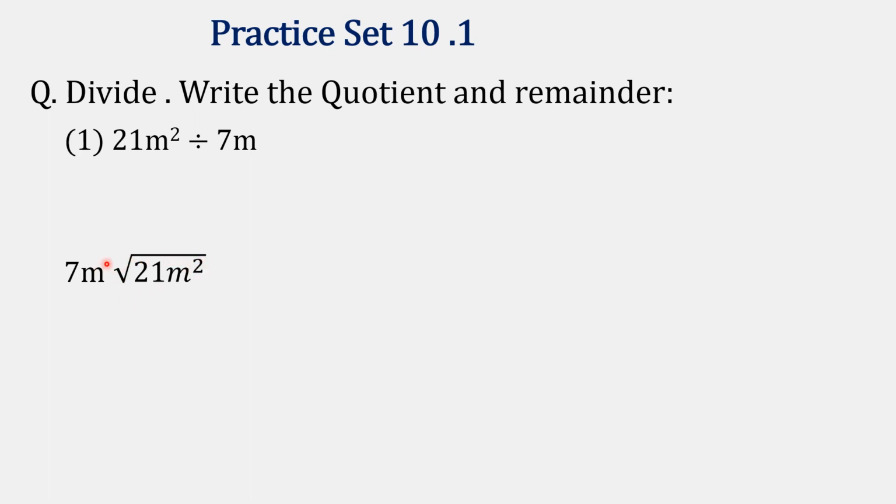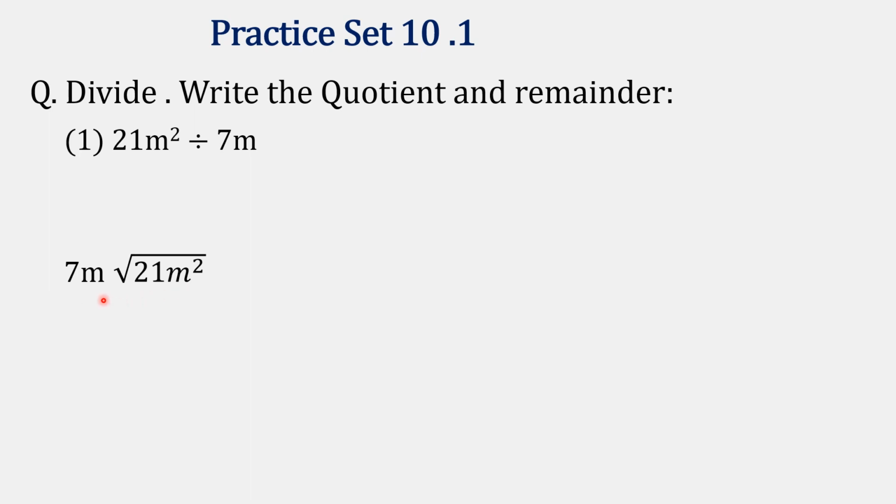Now in this division sign you'll write down that is 21m square. Now student, you have to see now this 7m. First you see coefficient, that is 7, and here the dividend has coefficient 21. Now in 7's table, 7 3s are 21, yes or no students? So if you multiply 7 with 3, then you will get 21.